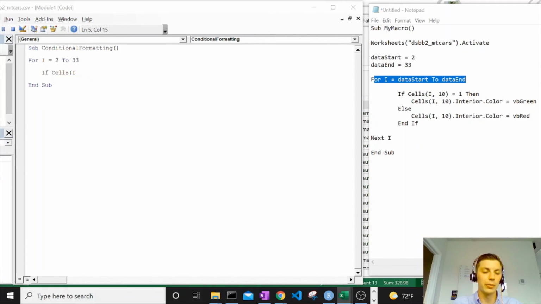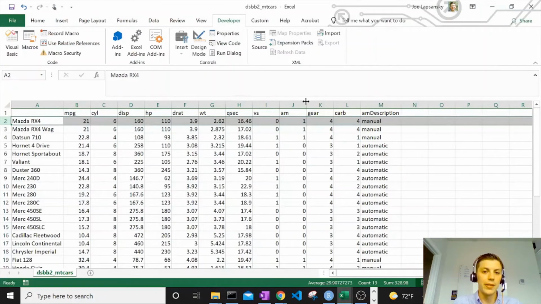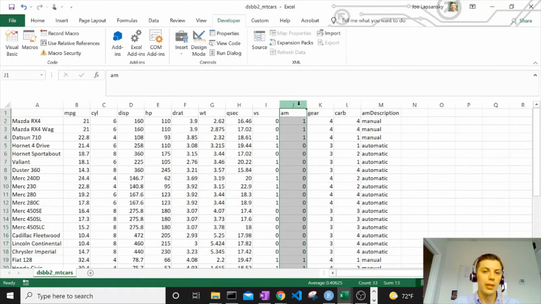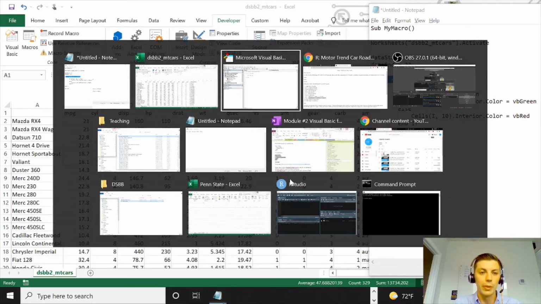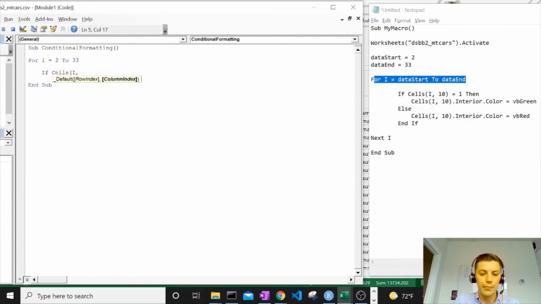Since we're only conditionally formatting this AM column though, it's always going to be in column 10, right? If I highlight, you saw that little icon above my cursor, we're in the 10th column. We're not going to move columns if we're just doing this column J. So what we can do is do I10. So then we'll go from 210 to 310 to 410 all the way down the list. So if it equals 1, then